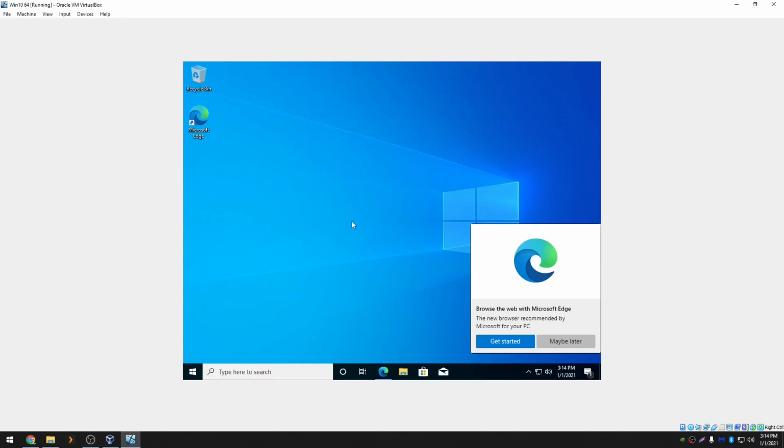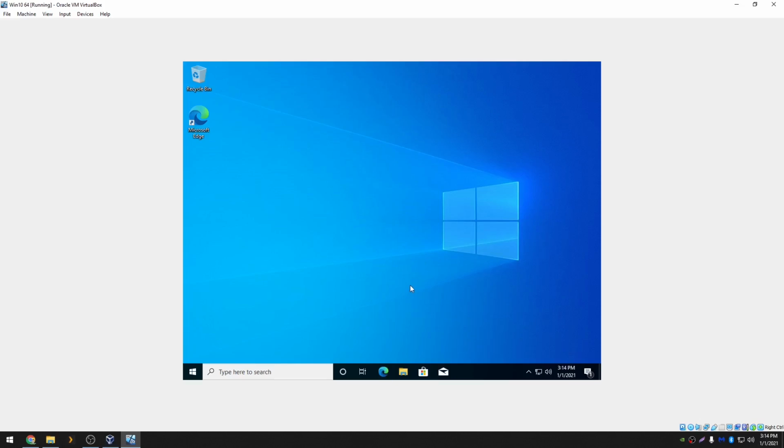Alright, congratulations. Once you see the desktop, you're all done. Now Windows is going to start looking for a display driver, and then you should see your resolution adjust accordingly once that's installed. In the next video, we'll go over some of the optimization and setup steps I like to go through whenever I do a new Windows install,